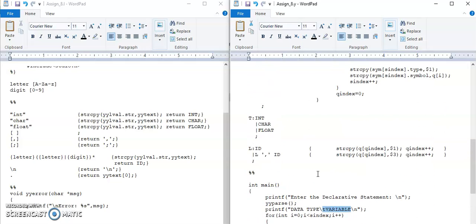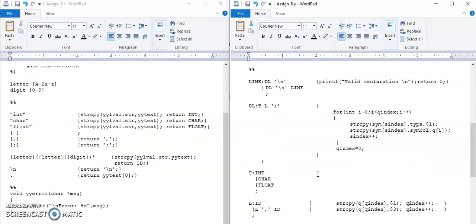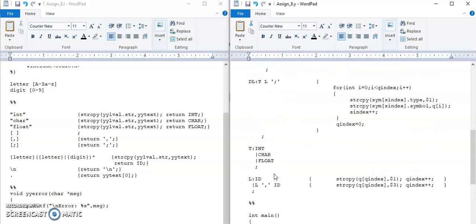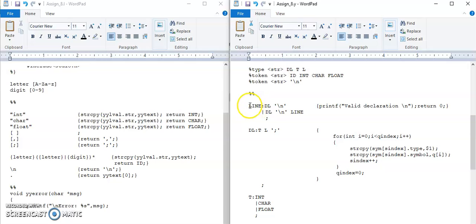Now let us see details of the second section of the Yacc program. As already we have seen, this grammar will check for the declaration statement. So if you are declaring integer a semicolon enter, only one declarative statement, then this rule will match.